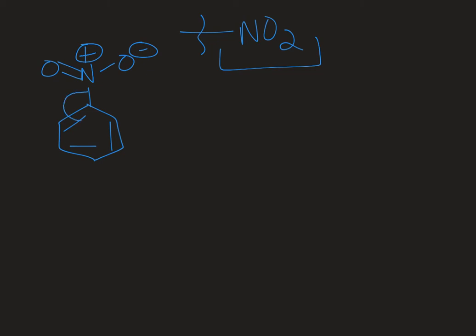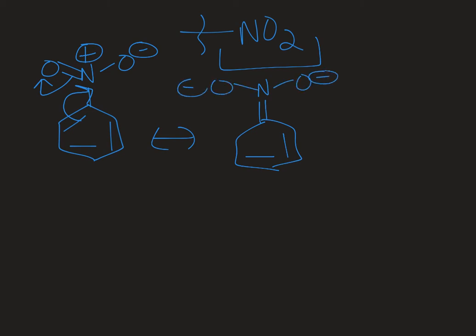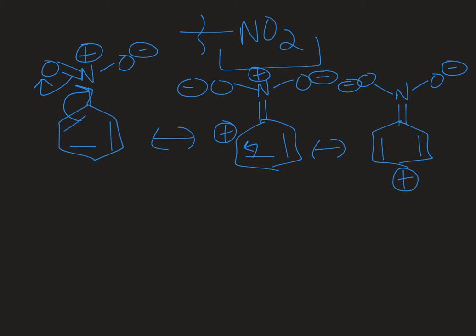The pi bond that's adjacent can come up and make a new pi bond there, and these electrons can get pushed out. And that will give me a structure that looks like this. So I'm going to have a high overall charge in terms of each atom on my ring, but my overall formal charge is still going to be 0. But you can see I have 2 positives and 2 negatives. So now once I'm in the ring, this charge can go around the ring. And now it'll go back to the other side.